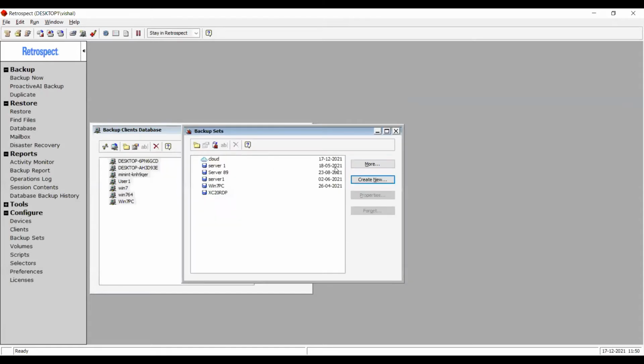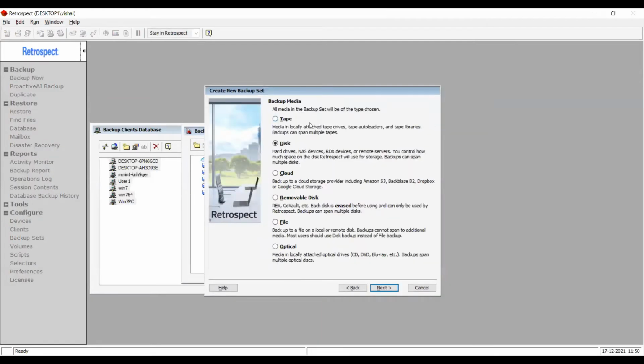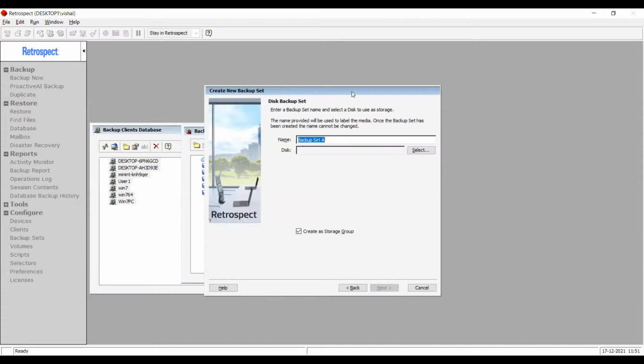So in any case, you will be creating a backup set depending upon the storage media you will be using. So in this case, we will stick to the disk backup set. All types of disk destinations fall into the disk backup set, like NAS devices, RDX devices, any network shared location on another computer, that will all fall into the disk category. The rest of the three are pretty legacy options, and they have a lot of limitations. So it is not recommended to use these in today's network. The most common will be the top three that you will ever be using. So let's move with the disk backup set.